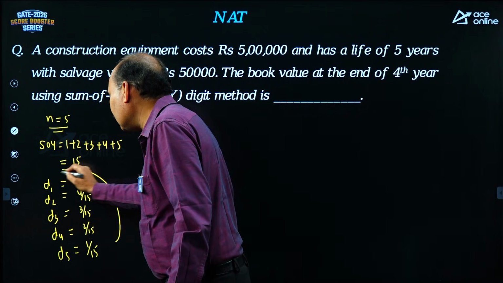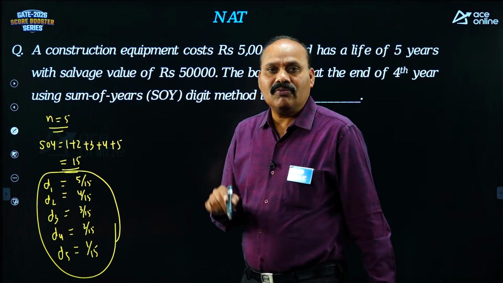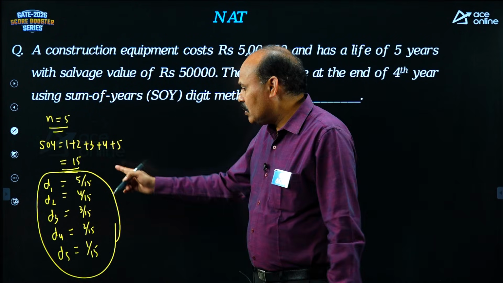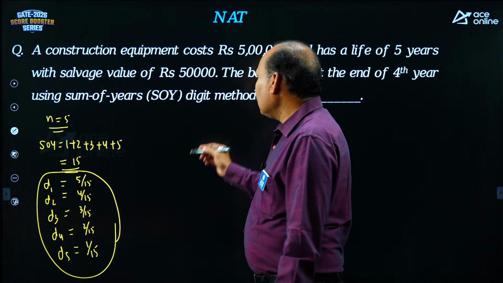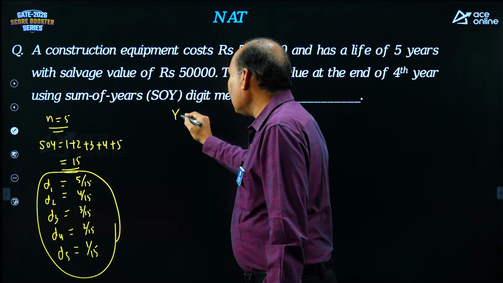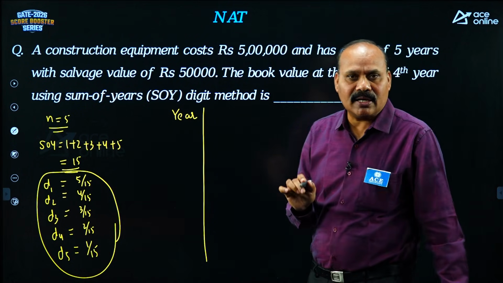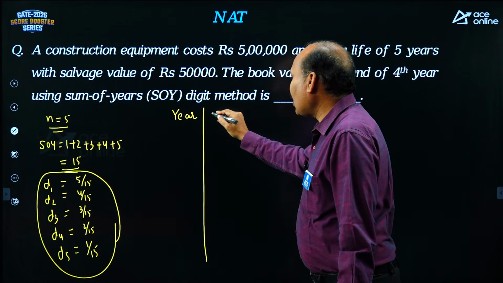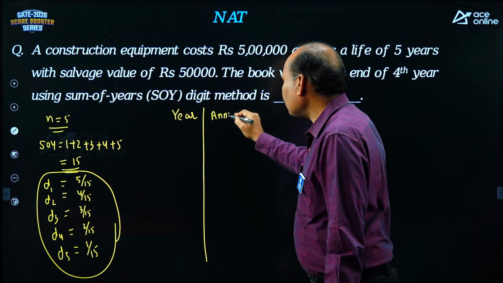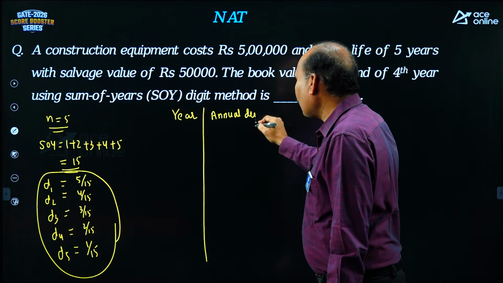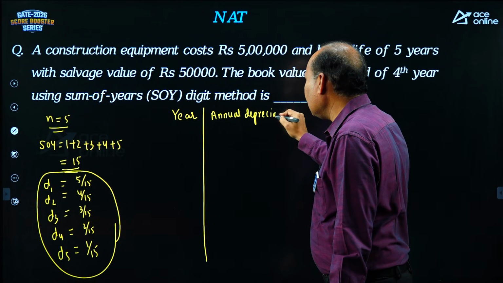Depreciation factors are set like this. And we can calculate annual depreciation using these depreciation factors. The calculation is better kept in the form of a table. Book value we can get directly from the table. Here the annual depreciation formula is